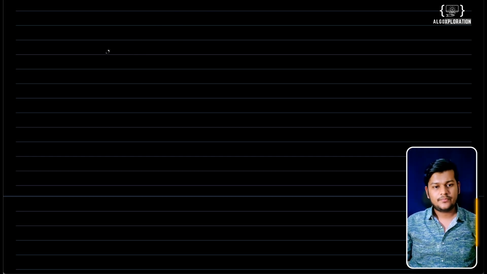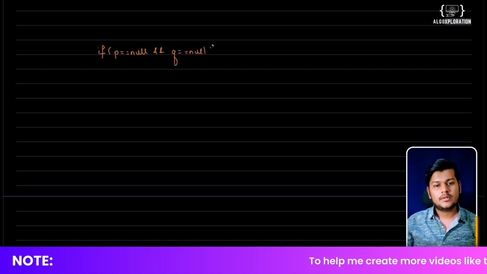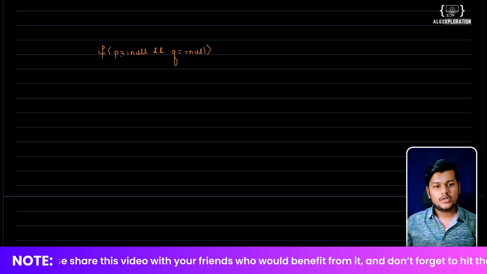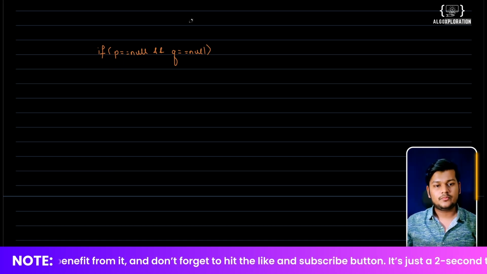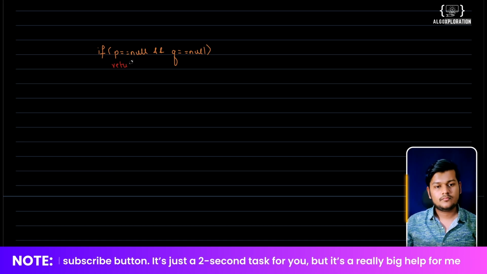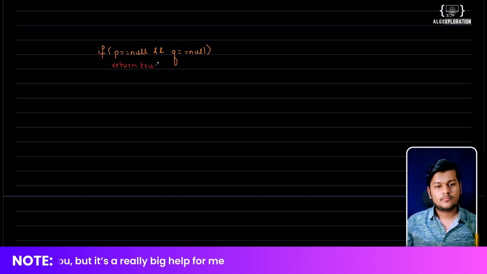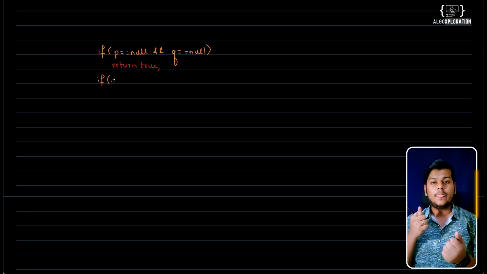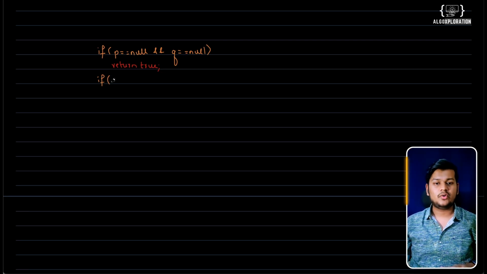First thing first, if p is equal to null and q is also equal to null, meaning that both trees don't have any node over here, so we need to return true. If one tree is having a node and the second tree is not having the node,